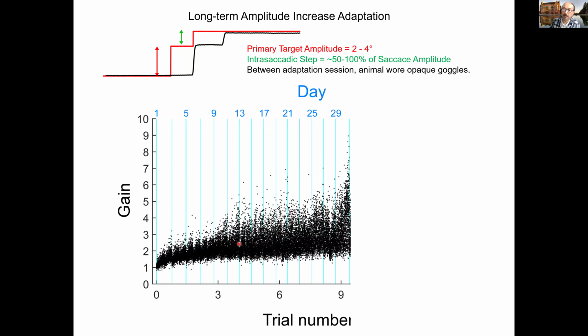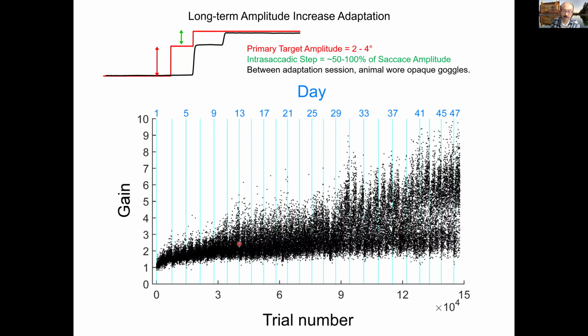So you see more and more saccades with higher gain. What's interesting is that as the days went by, and we had to stop at day 47 because of the protocol,